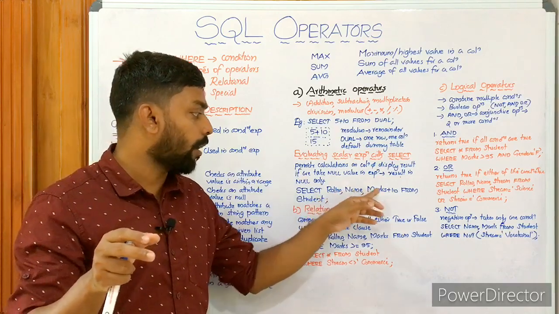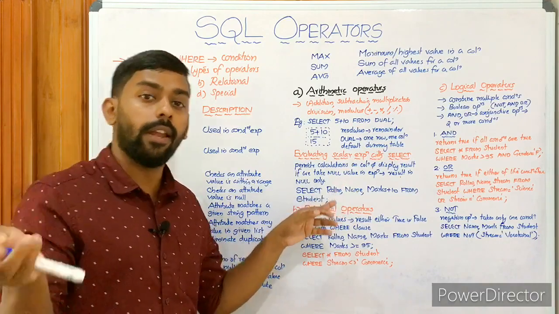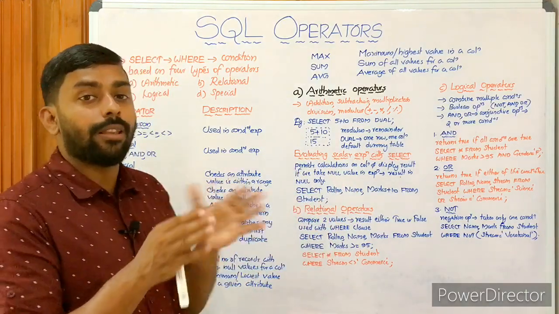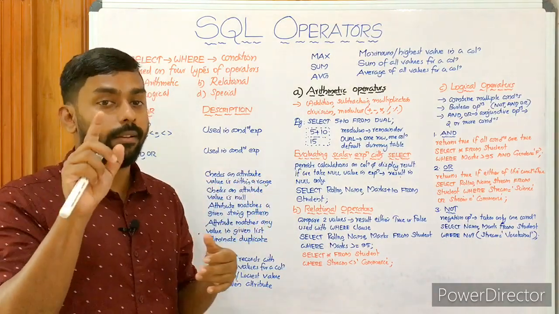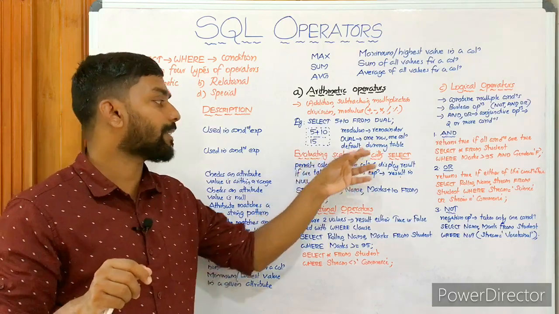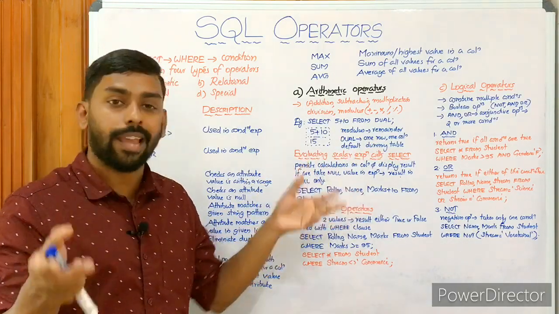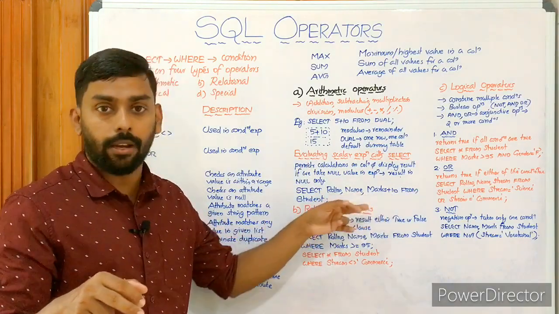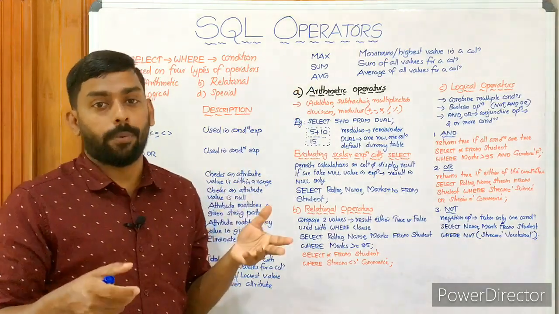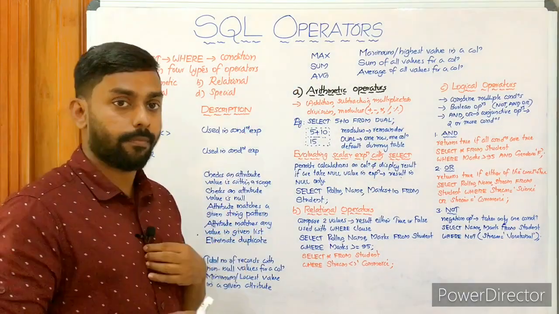Roll number 2, Arunima, marks plus 10. At present she has got 85, and 85 plus 10, 95, will be the displayed marks. So all 30 students' marks will be increased by 10. This is how we can work with evaluating scalar expression with select. We can have roll number and name as scalar expressions, and marks plus 10 is a mathematical expression. So this is all about arithmetic operators.